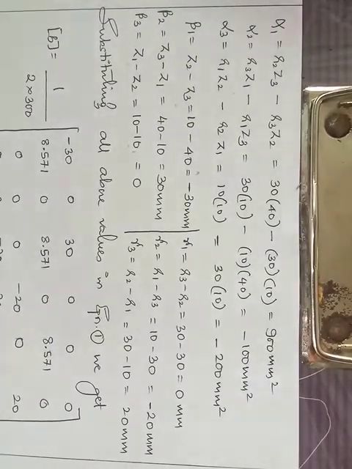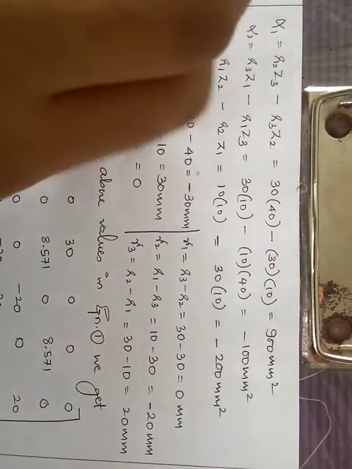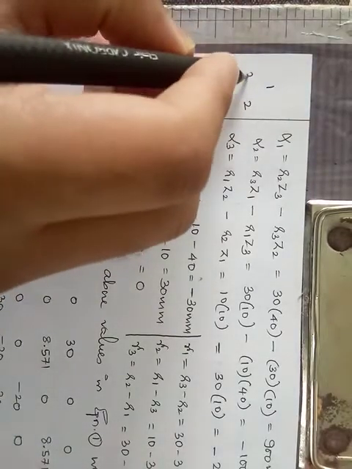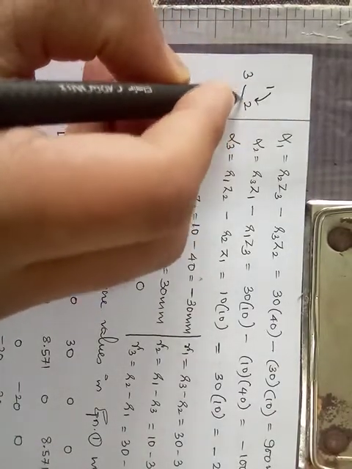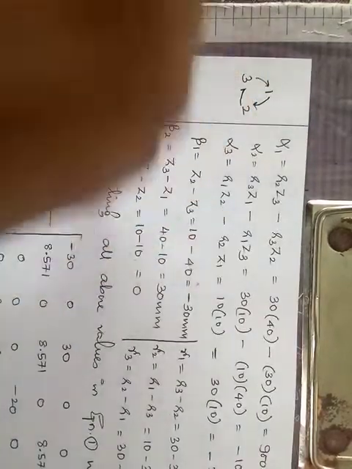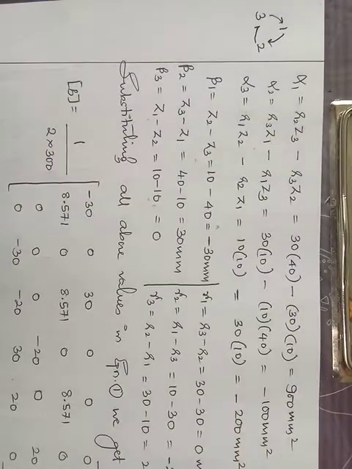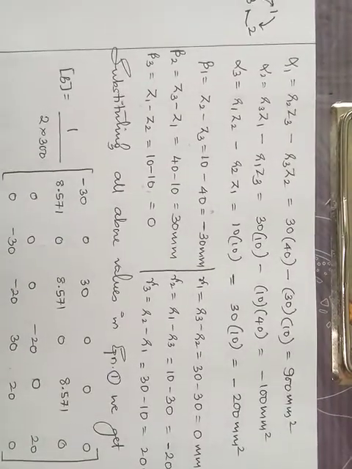So alpha 1, how are you going to calculate alpha 1? Now if you just go through these expressions, you feel that it is very difficult to remember so many terms for a particular problem, right? It's not difficult. I'll tell you the logic. You just need to remember 1, 2, 3. Come from 1 to 2, go from 2 to 3, and 3 to 1. Can you remember the cycle? It continues 1, 2, 3. If you remember this 1, 2, 3 cycle, then you just check it now.